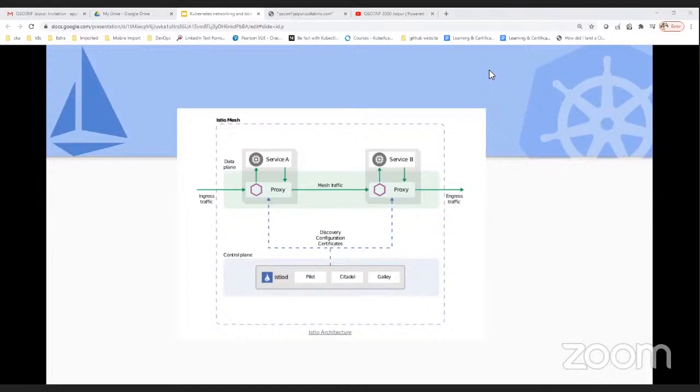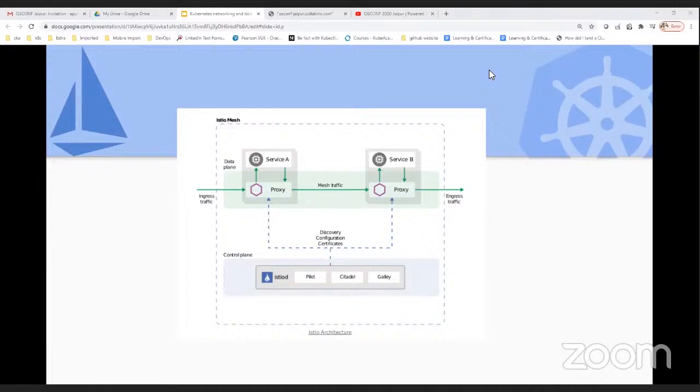A little bit about these things. Pilot helps with traffic management and intelligent routing, which allows you to do A/B testing, blue-green, or canary rollouts.